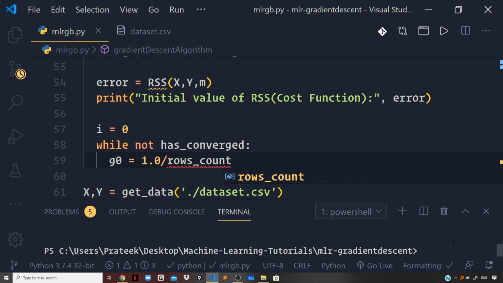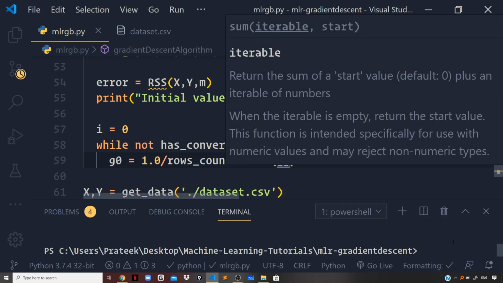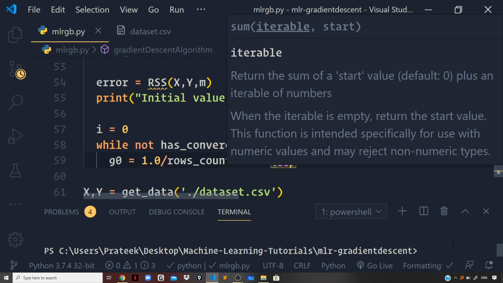So whatever number of rows we have in our dataset, and multiply that with the sum, and for all the values we need to calculate the predicted value for a specific row,